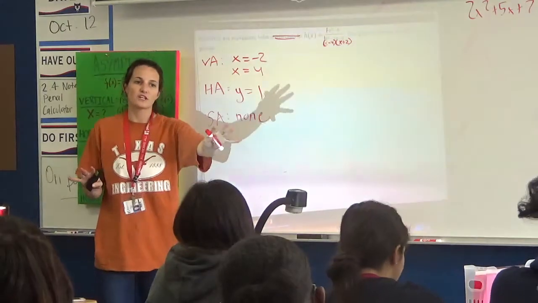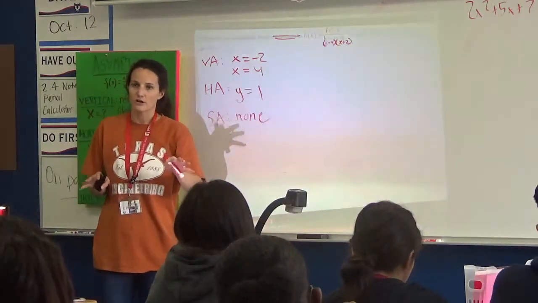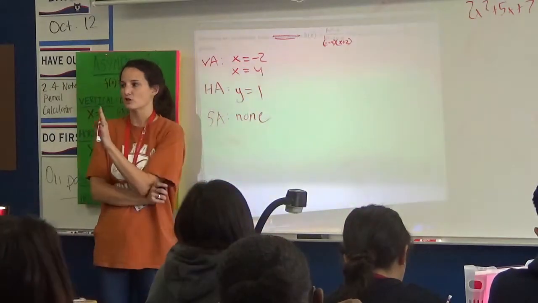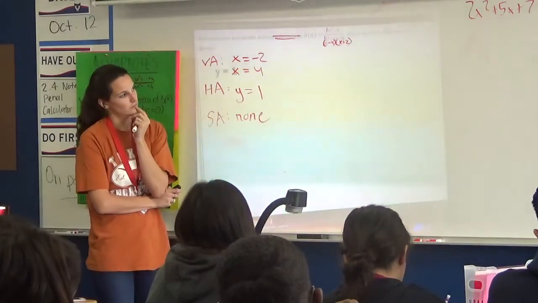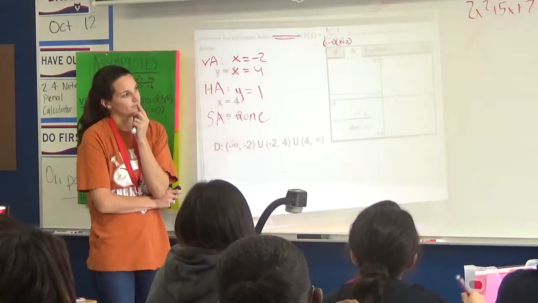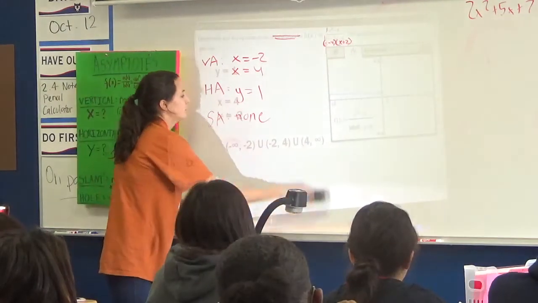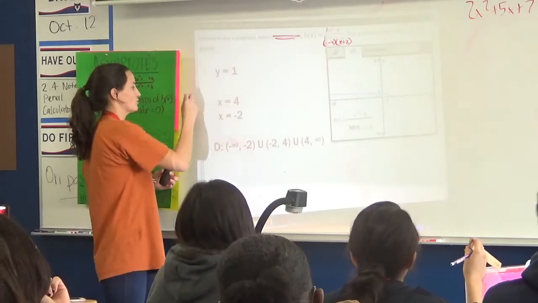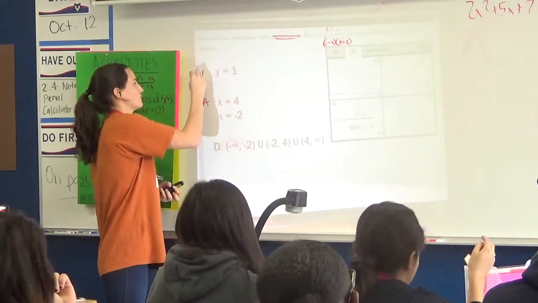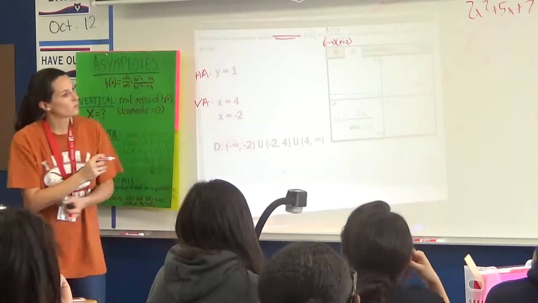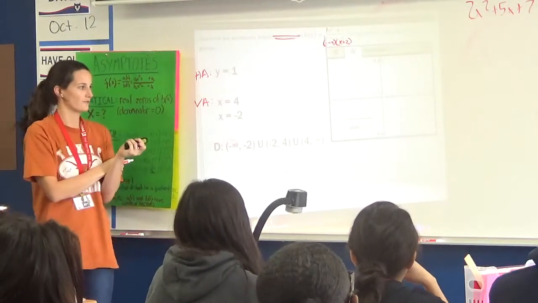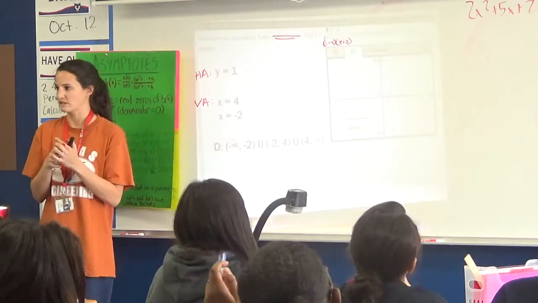The examples we've seen so far have had vertical asymptotes where we wrote them. This is the first one where something like this is happening. Let me show you the graph of this really quickly. Here's our graph. Take a look at your graph and your vertical asymptotes. Raise your hand if you can tell me what seems to be wrong about our graph based off of our vertical asymptotes.